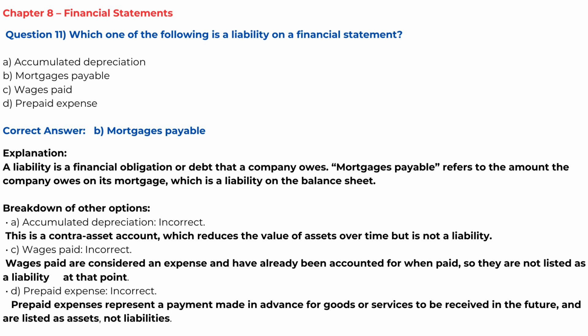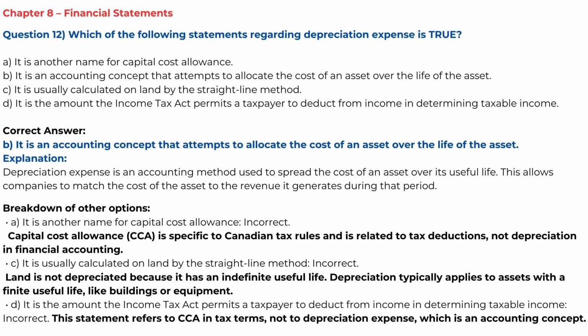D. Prepaid expense. Incorrect. Prepaid expenses represent a payment made in advance for goods or services to be received in the future and are listed as assets, not liabilities. Question 12. Which of the following statements regarding depreciation expense is true? Correct answer. B. It is an accounting concept that attempts to allocate the cost of an asset over the life